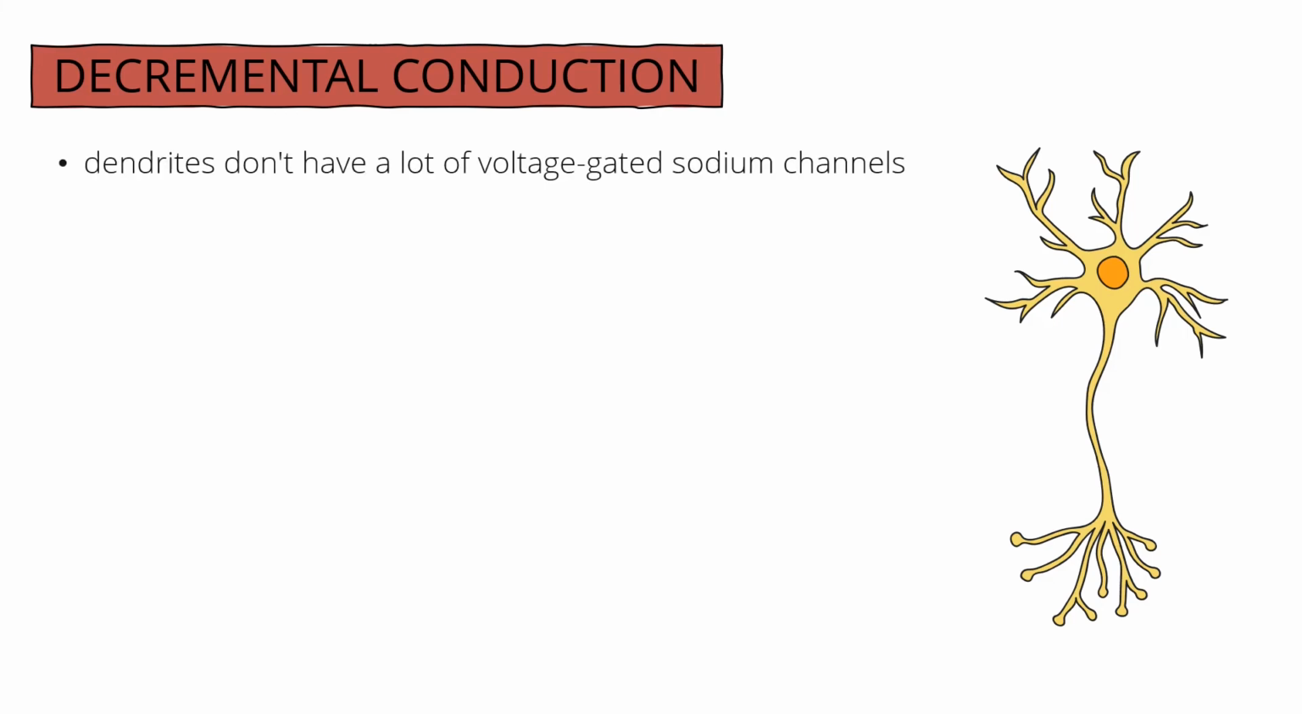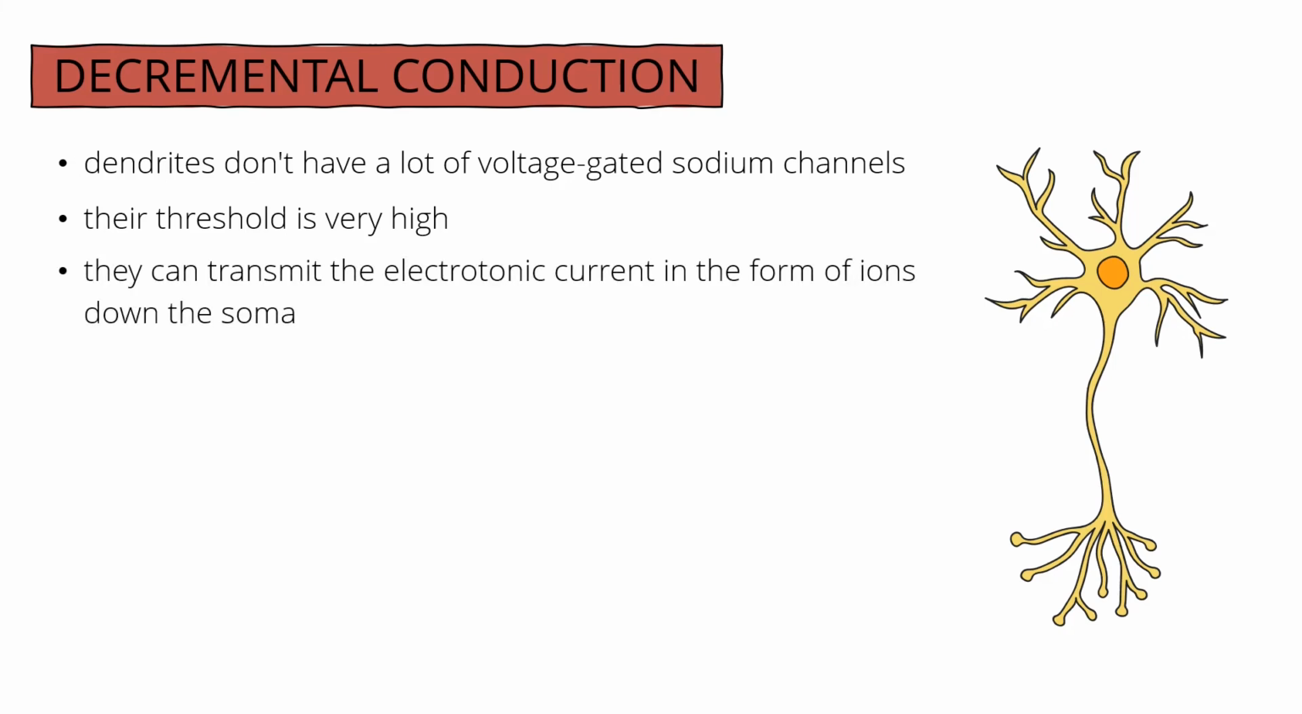The last thing you need to know about is the so-called decremental conduction. To understand it, we need to go back to the structure of the neuron and look at dendrites again. Dendrites can receive signals from other neurons. The problem is, however, that they don't have a lot of voltage-gated sodium channels, and their threshold for excitation is very high. But what they can do is to transmit the electric current in the form of ions down to